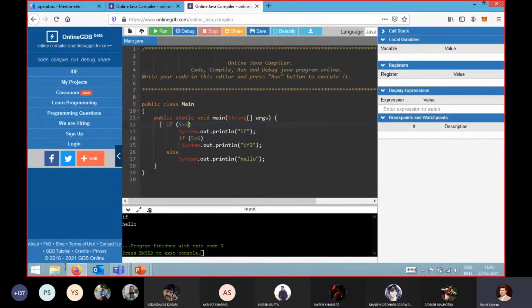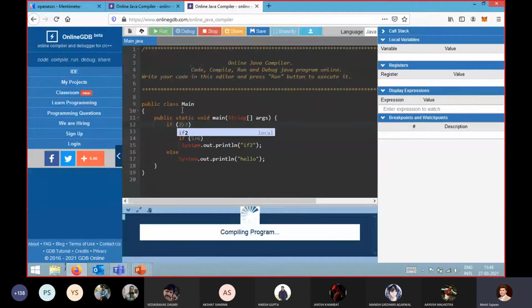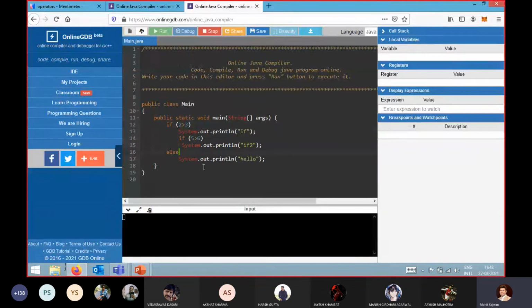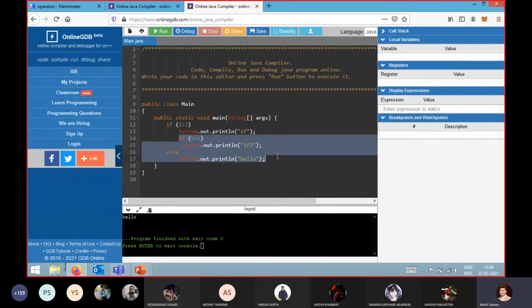So the question is, let's assume I'm going to write 2 is greater than 3. Right now it is not satisfying our condition. So in that scenario, it will just print hello. Why is it printing hello? Because of this case. Got it? Yes, I got it. So that is why it will not execute any case. So the second if is a nested if now.